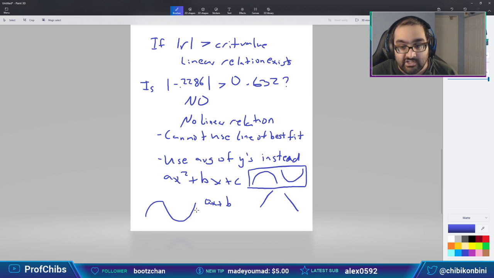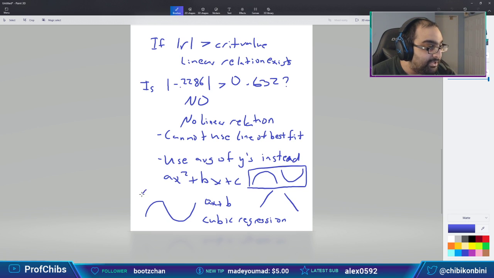So in fact, in this case here, Aiken, it shouldn't look like a one curve. It should look like a two curve, according to what we have here. So in this case, what does it best reflect? This actually reflects a cubic regression model. That would be ax to the third plus bx squared plus cx plus d. That would look something akin to this.